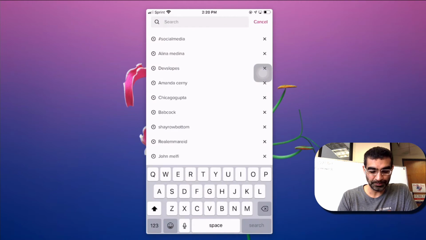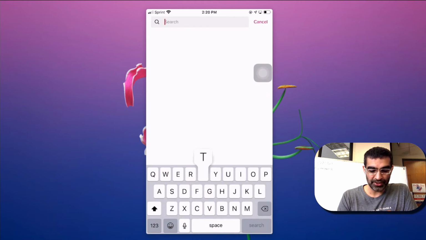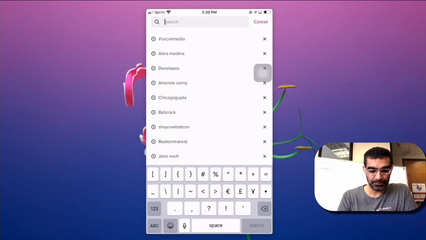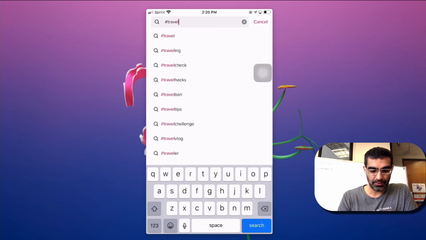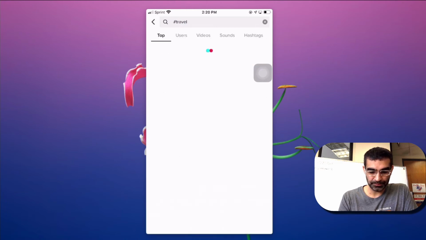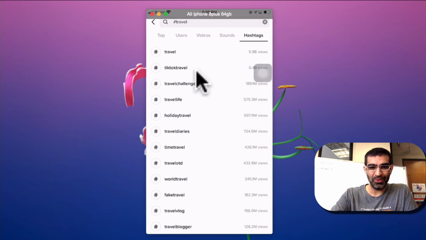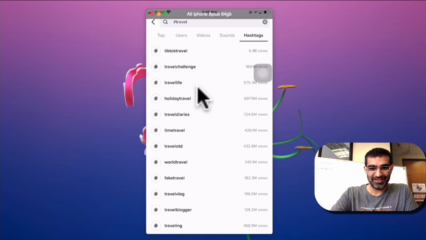And let's say I'm in the travel niche, so I'm gonna search for hashtag travel and then go to hashtags. Wow, 5.9 billion views, that's a lot. So you want to go